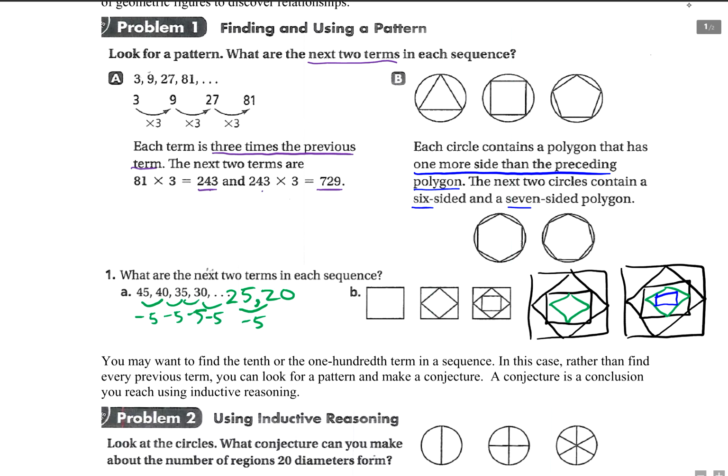Now the next one, we start with a square, and then we draw another square that's rotated 90 degrees inside of it, and then we have another square that's rotated 90 degrees inside of it. So we're going to draw another square rotated 90 degrees, and the next one just has another square inside of it. All right, well, those are entertaining,